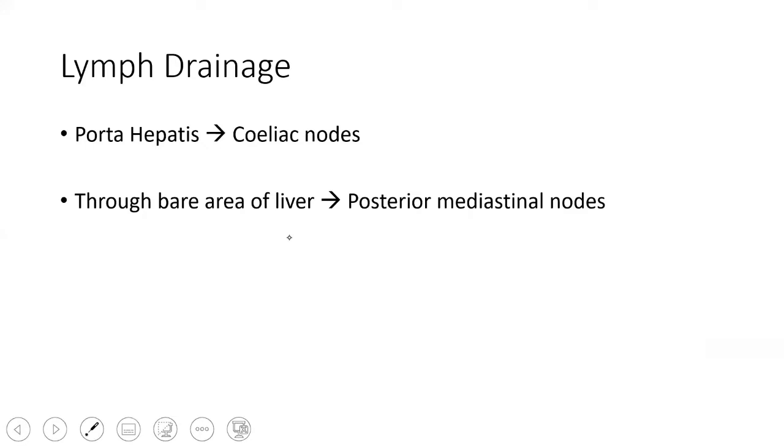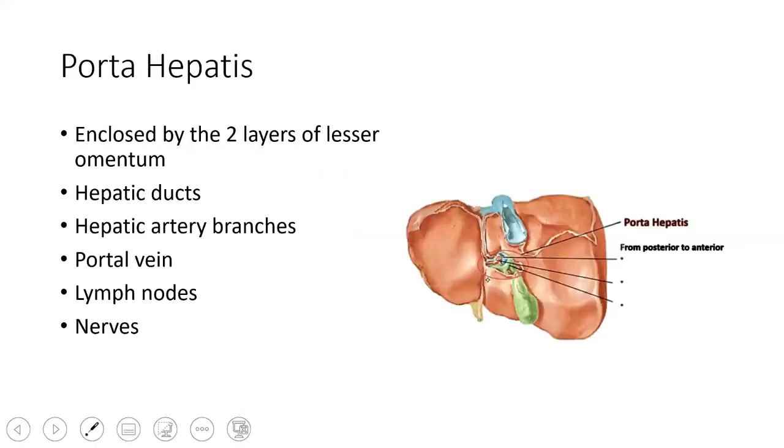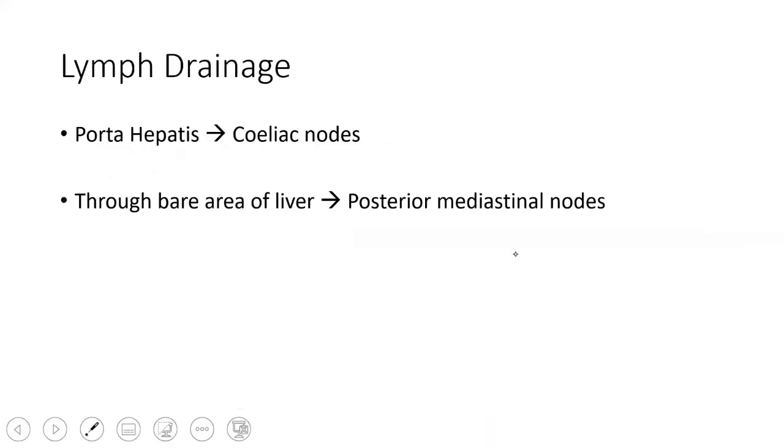So when you come to the lymph drainage, in the porta hepatis, you have lymph nodes. The lymph of the liver drains into the nodes of the porta hepatis, and then to the celiac nodes which surround the celiac trunk. Here you have lymph nodes. Okay, so anyway, these follow the arterial supply, right? From the porta hepatis, they go along the hepatic artery to the celiac nodes, and along that they join the thoracic duct and drain the lymph.